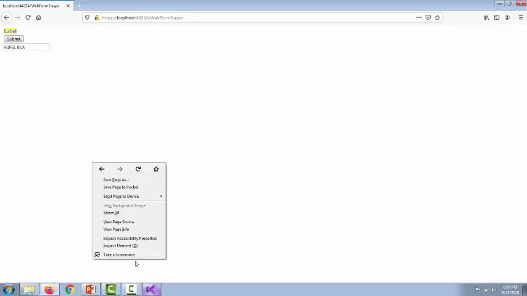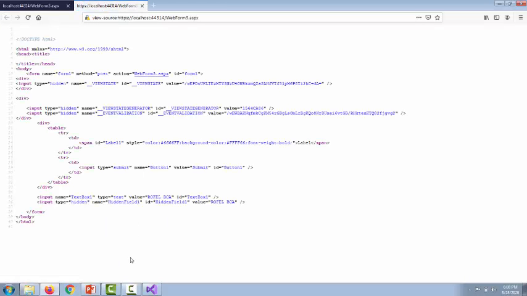If you want to see the page source, you can also see the page source. Here we have taken the hidden field, and we can see the ID of the hidden field and also the value of the hidden field. So hidden field values are clearly visible when passed over the network, and in the web page also it is clearly visible.